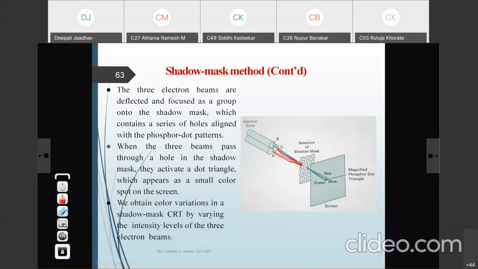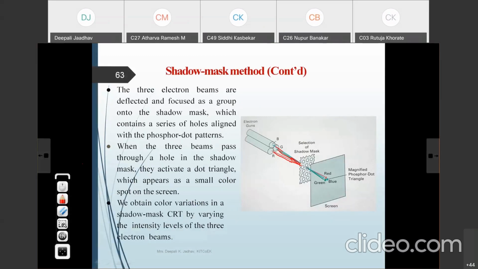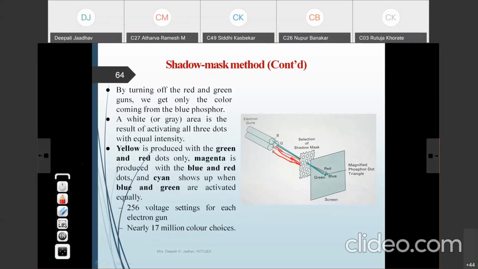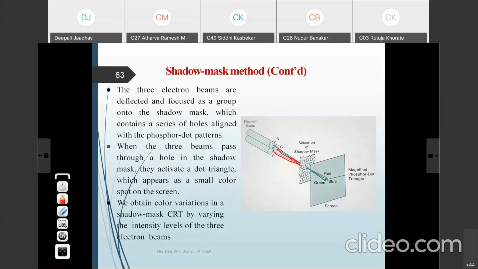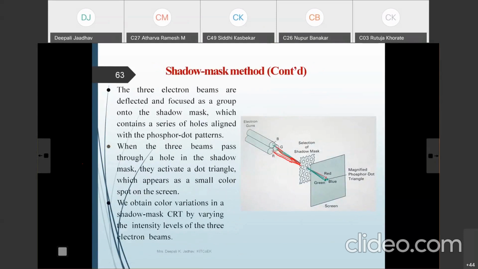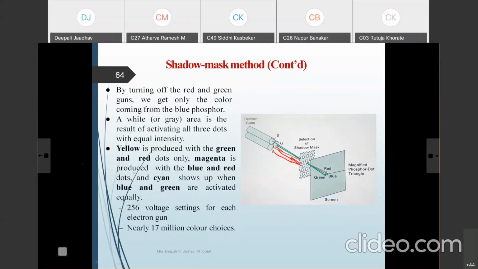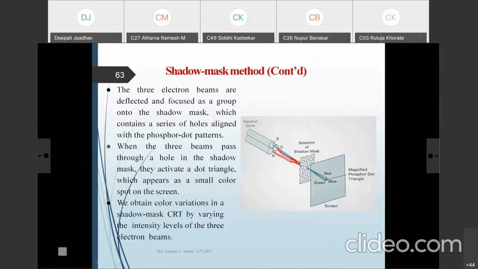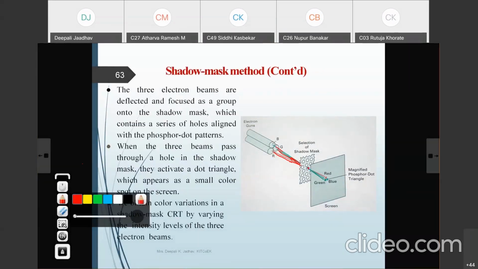When these 3 beams pass through the holes, you can observe the holes here, they pass through these holes in the shadow mask, and this shadow mask is very important in this method.